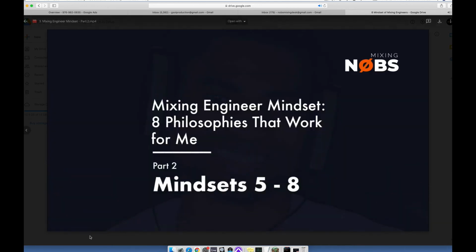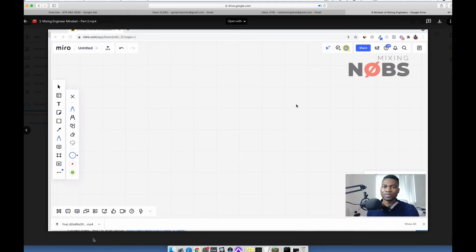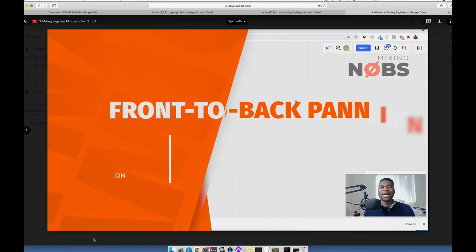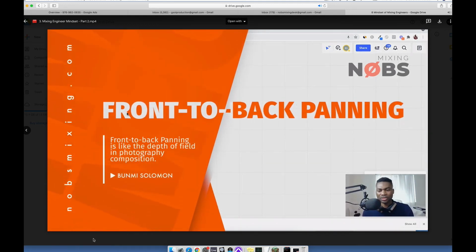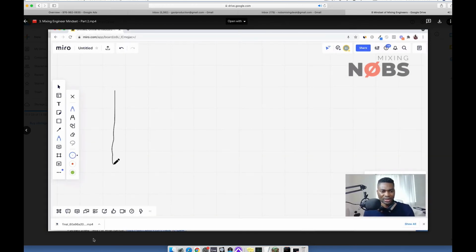All right, let's go to number 5. Front to back panning. Let me try to draw something. So front to back panning is like the 3D